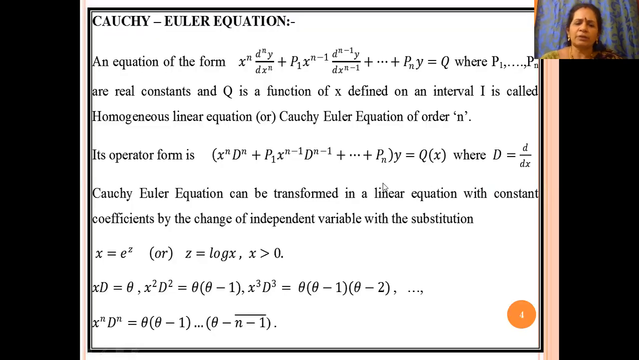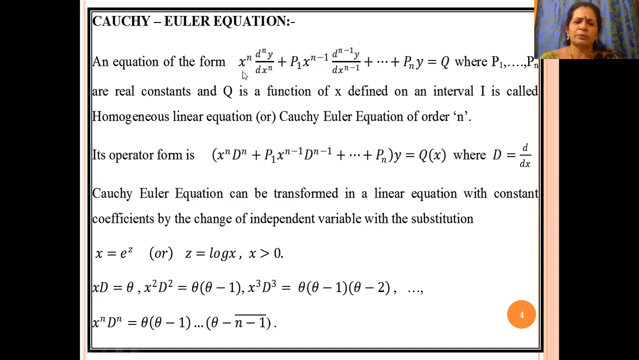Now coming to the main content, that is the Cauchy-Euler equation. What is meant by the Cauchy-Euler equation is discussed. Now we are going to define a Cauchy-Euler equation in terms of the nth degree equation, an equation of the form of degree n, where the equation is given as